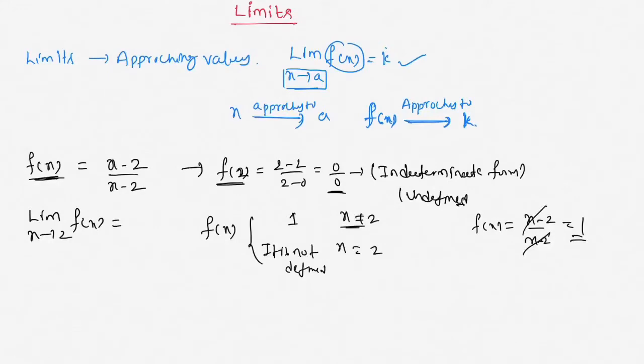For x not equal to 2, you will get the value 1, whether x tends to 2 minus or x tends to 2 plus. Any value other than x equal to 2 can be from minus infinity to infinity except 2. It can be minus 5, minus 4, minus 3, minus 2, minus 1, 0, 1, 1.11, 1.22, 1.8, 1.9, 2.01, 2.02, 3, 4, anything, but not x equal to 2. For x equal to 2, it is not defined. For x not equal to 2, it is 1.